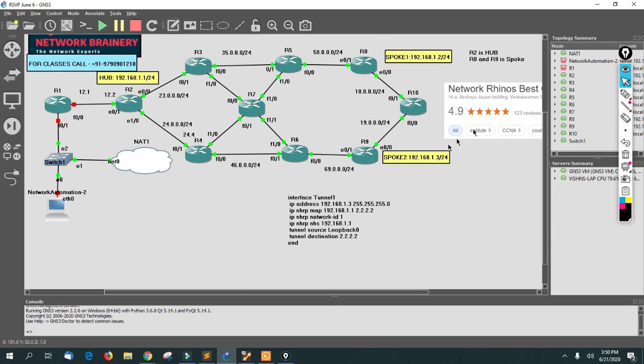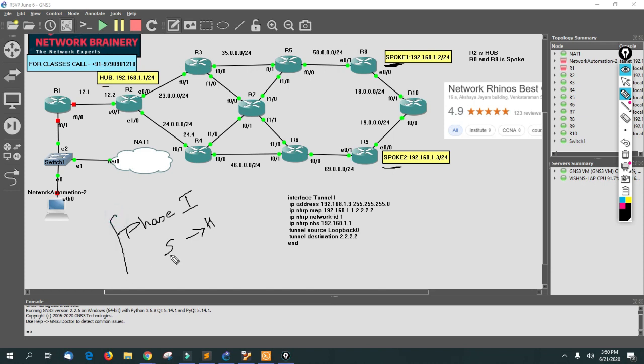So in our first lab, we are going to configure DMVPN phase 1. So what is DMVPN phase 1? It is spoke to hub communication. So it's always a spoke to hub communication, meaning what? If a spoke is configured as a DMVPN client, when this client wants to talk to another spoke, it has to come via the hub always.